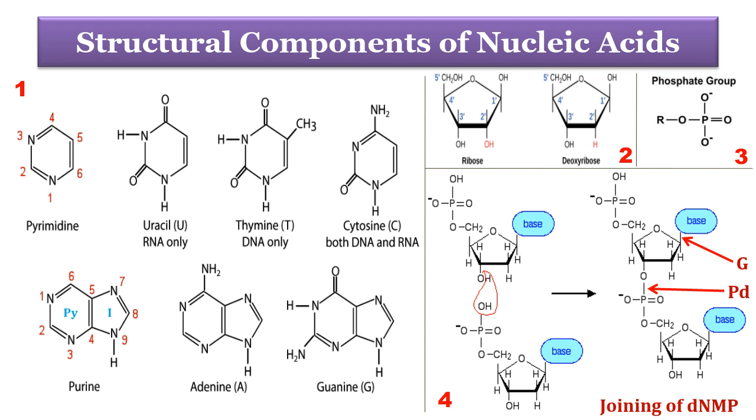Now, while forming nucleotides, carbon number 5 of sugar having OH hydroxyl group participates with phosphate group, again eliminating H2O molecule and forming a bond. The consecutive nucleotides in a single strand are attached by a phosphodiester bond, which is formed between phosphate group of one nucleotide and OH hydroxyl group of carbon 3 of sugar. This phosphodiester bond acts as a backbone of DNA, which is labeled in image 4 as PD for phosphodiester bond.